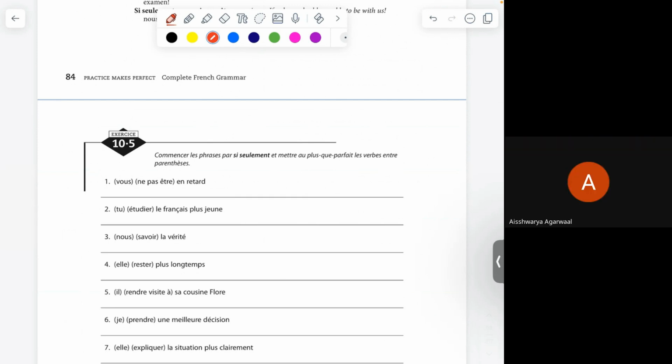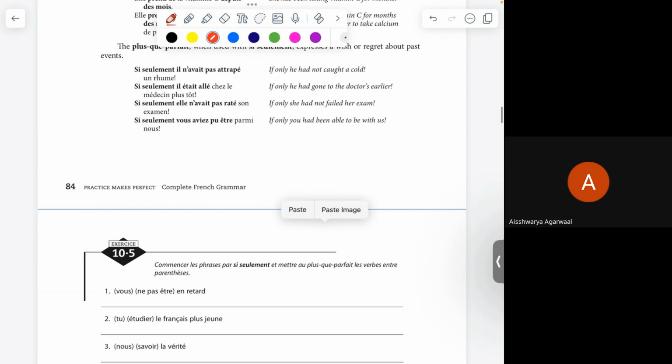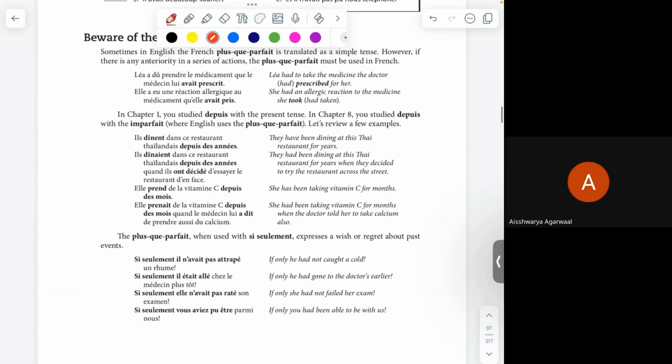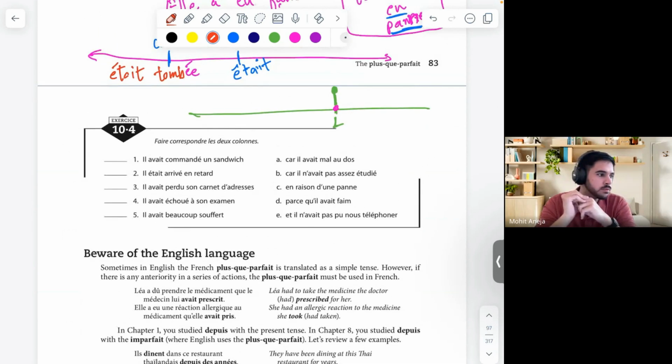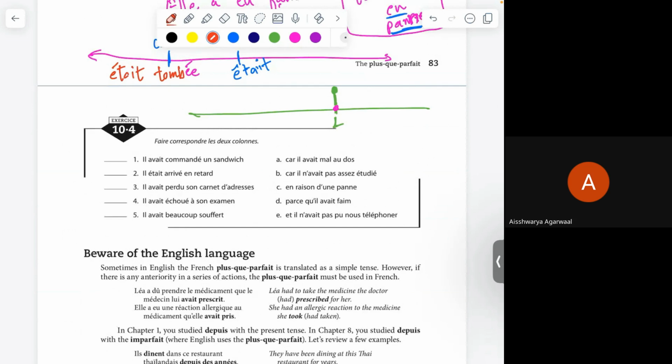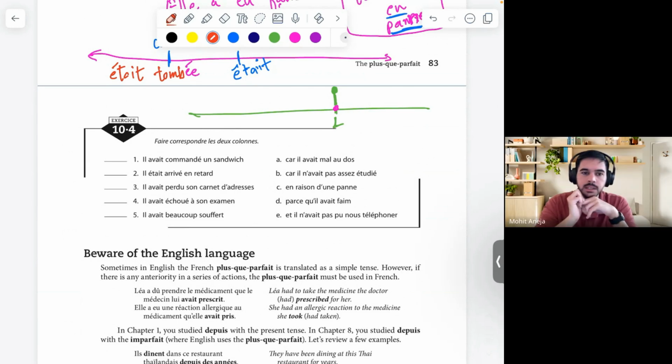Yes, sir. Just a little question on the sixth, the part where we conjugated Paul left with passé composé, right? So even if we put passé composé, that's not incorrect, right? Define incorrect, Aishwarya, for me. As in, this is the exercise. If we are trying to speak something, and if we put passé composé, that won't be incorrect, right? That won't be incorrect technically, grammatically, yes, but the meaning of it changes.